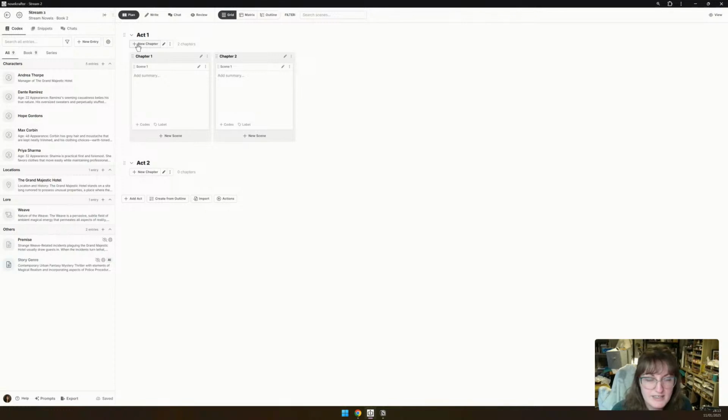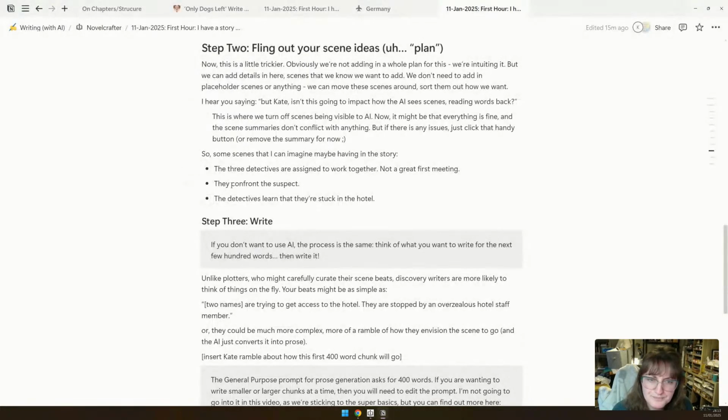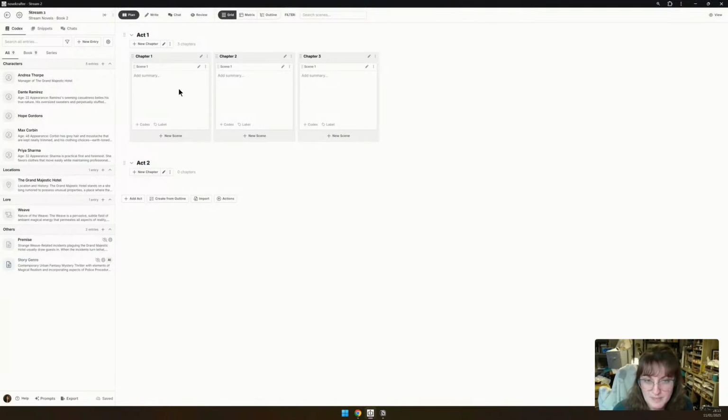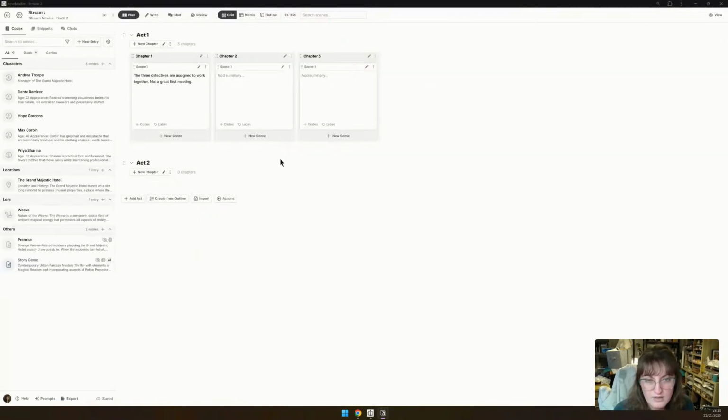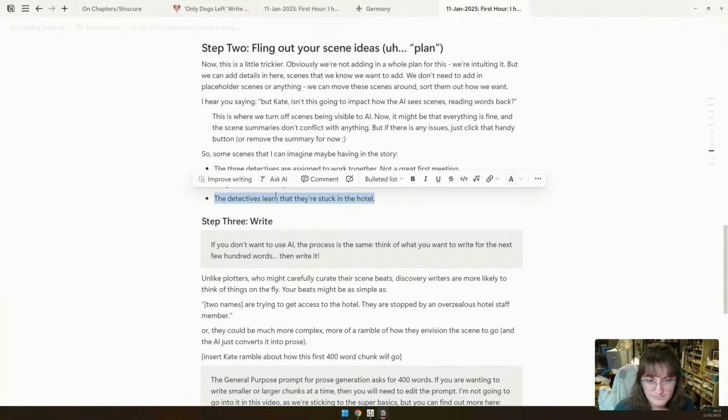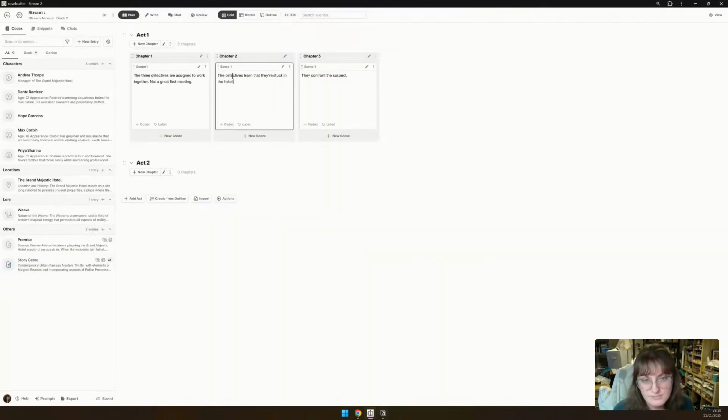So I can add like multiple acts. I might just add 3 different chapters here. I'm just going to literally copy and paste these in. I might be like, okay, well, there's going to be some moment where they all fall apart. There's different things, but I didn't really have any concrete ideas. So I'm like, okay, well, this is good enough. It's the ideas I have. As I have more, I can add them in.